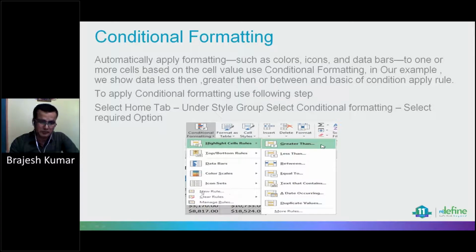We can apply a new rule by selecting the new rule option. Here we can use a formula and function to apply to all data. Clear rule is for when you want to clear all conditional formatting from your worksheet: we select the data and use clear rule from here.